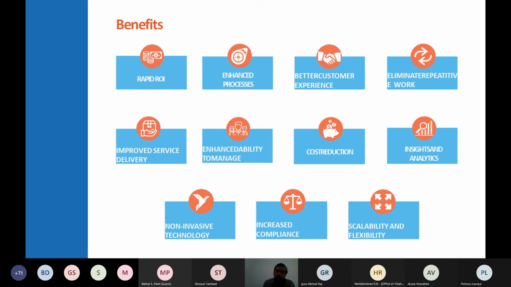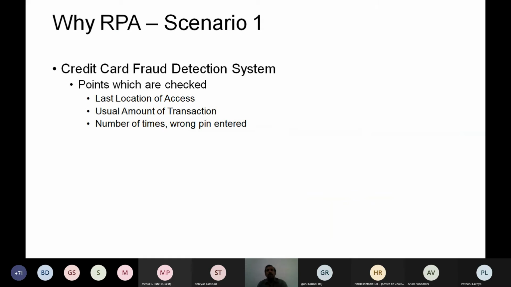So once again, I'll just summarize. I've told you about the term robotic process automation. I've told you about the benefits of implementing robotic process automation in a firm. So you have all these things in your mind. I've said plenty of benefits. So that is one reason, but particularly why? What are these benefits?